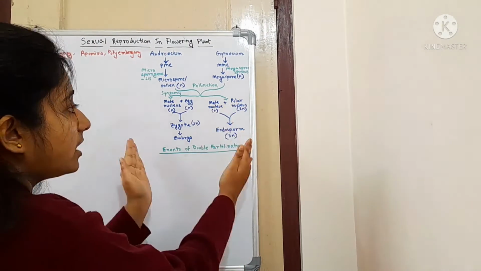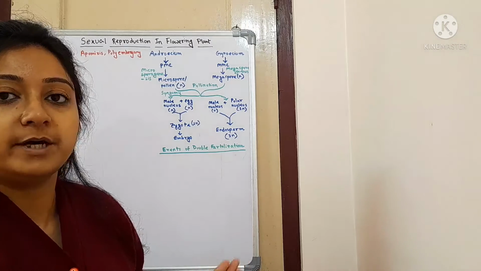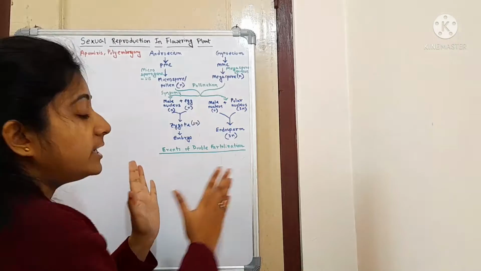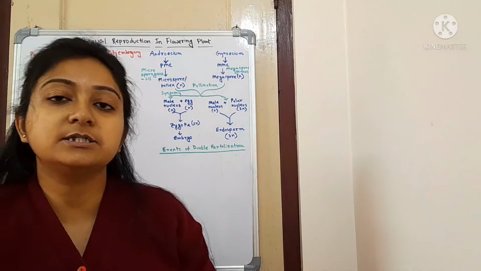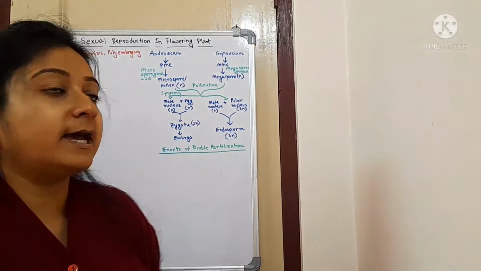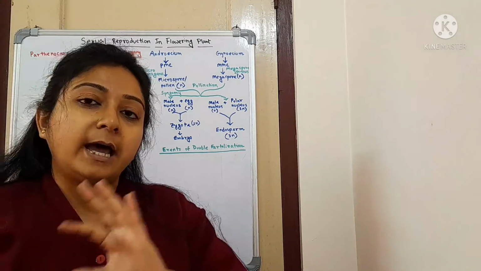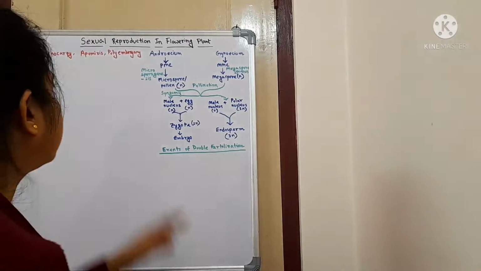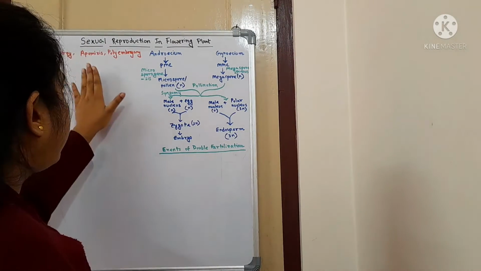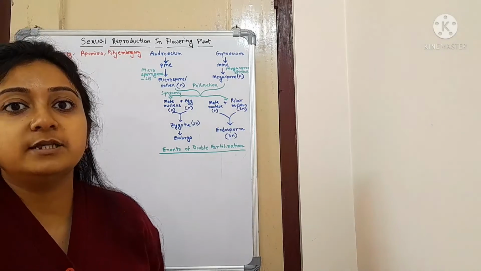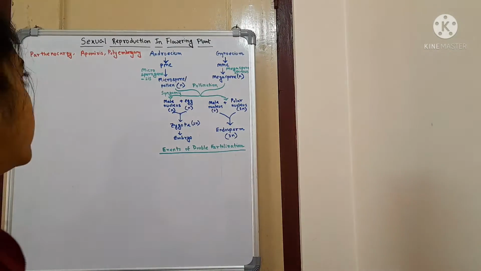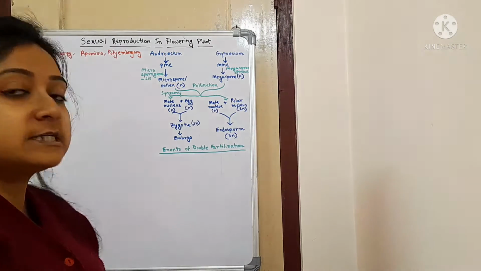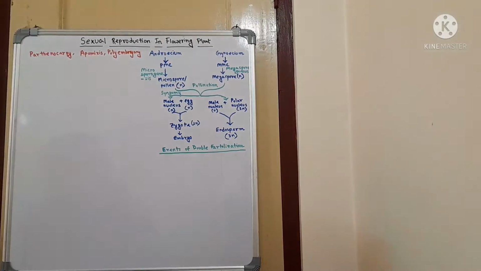This is a clear-cut chart which you can take as a note of double fertilization events. Now we know that this is the general or normal thing which normally occurs in plants. Now something happens which is a little bit of an abnormal or exceptional side. Those events are termed parthenocarpy, apomixis and polyembryony. So in this video we are going to talk about parthenocarpy, apomixis and polyembryony. So let's begin. First topic is parthenocarpy.